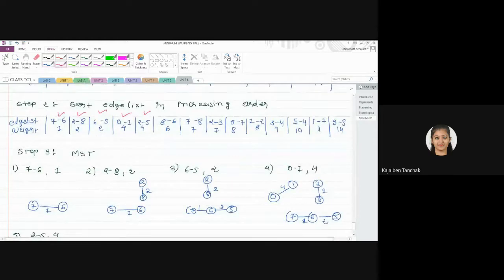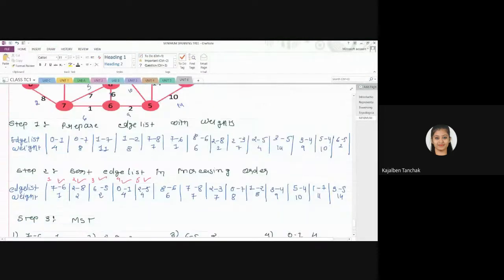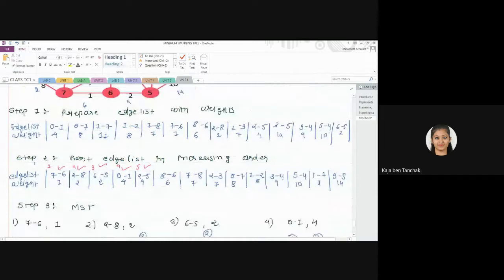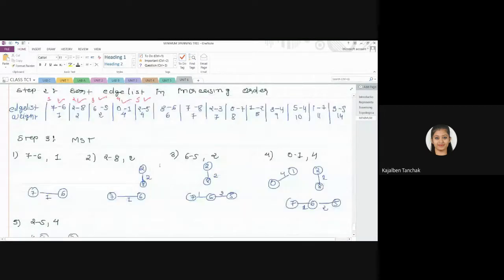Now you just keep track of the count. 1, 2, 3, 4, and 5. 5 edges we have included. Now the number of nodes, so edges must be n minus 1 equals 8. Whenever the graph has 8 edges, we have to stop. We have made a count, 1, 2, 3, 4, 5 edges we have included right now. Now next